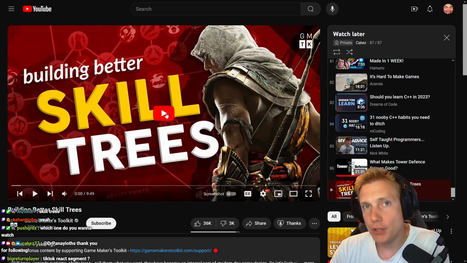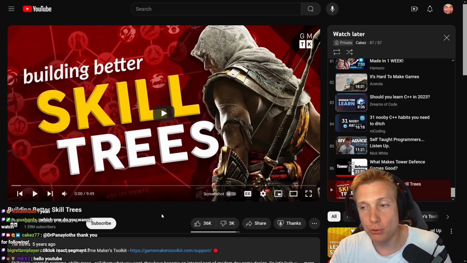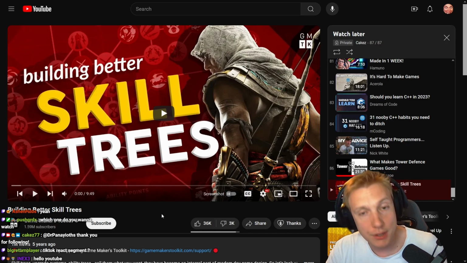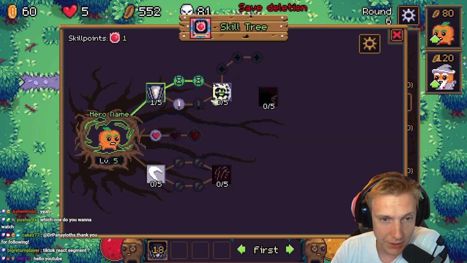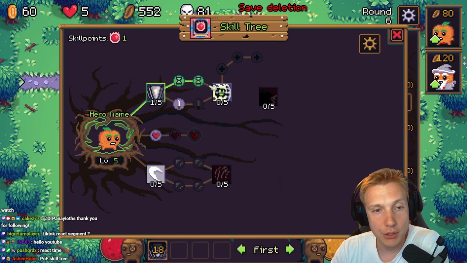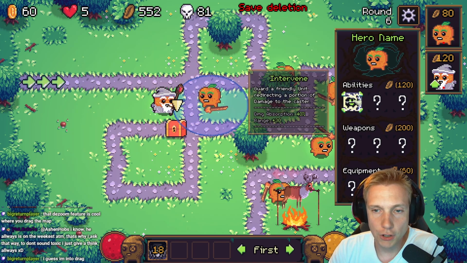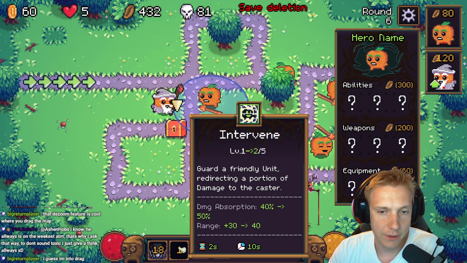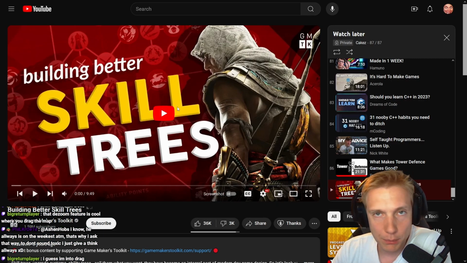Building better skill trees. Not that many upvotes compared to downvotes from Game Maker's Toolkit, but it is actually something interesting in our case, because in my game I have a tower defense game, and you are actually able to spend skill points in your skill trees based on levels. So this guy is level 5 and he has spent 1, 2, 3 and now has a 4th point available, which means I can get a new ability, which we can then activate and have available to us on our bar right here. And so let's see if this guy can give us some tips on how to make better